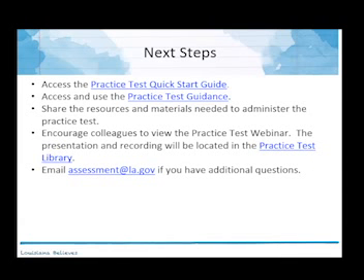So that takes us to our next step. You should definitely access that practice test quick start guide and access and use the practice test guidance document that pertains to the content area that you teach, or multiple content areas that you teach, if that happens to be the case. Share these resources and materials, and then encourage your colleagues to view the practice test webinar, which is recorded. It'll be posted to the practice test library. It usually takes us about a week to get it up there. If you have any questions, please email